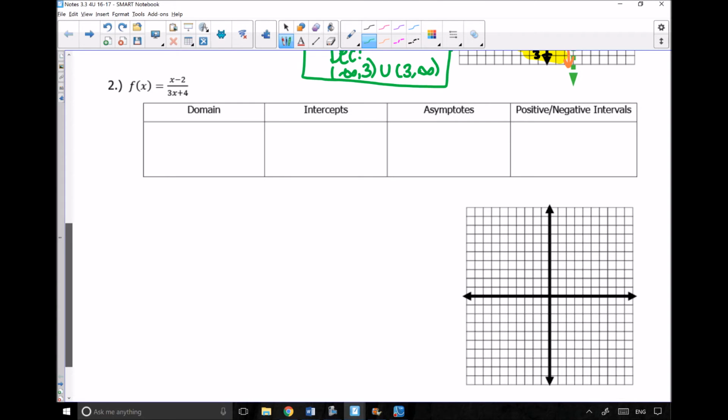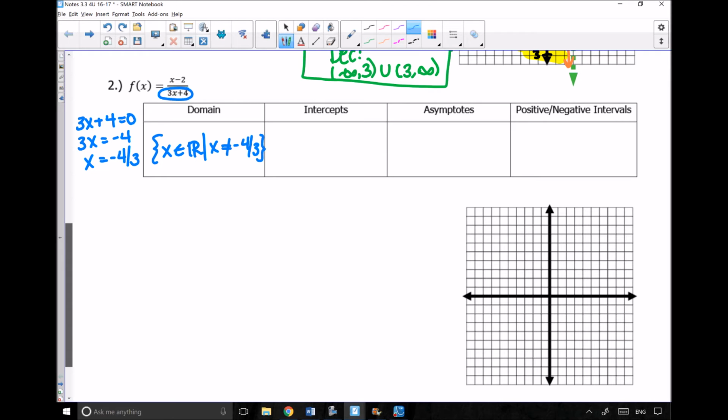Okay, number 2, f of x equals x minus 2 over 3x plus 4. So the first thing I'm going to do is find my domain. And my domain, my restriction, is going to be when my denominator is equal to 0. So I'm going to set the denominator equal to 0, subtract the 4, so I get 3x equals -4, which means x can't be -4/3. So therefore my domain is all reals except for